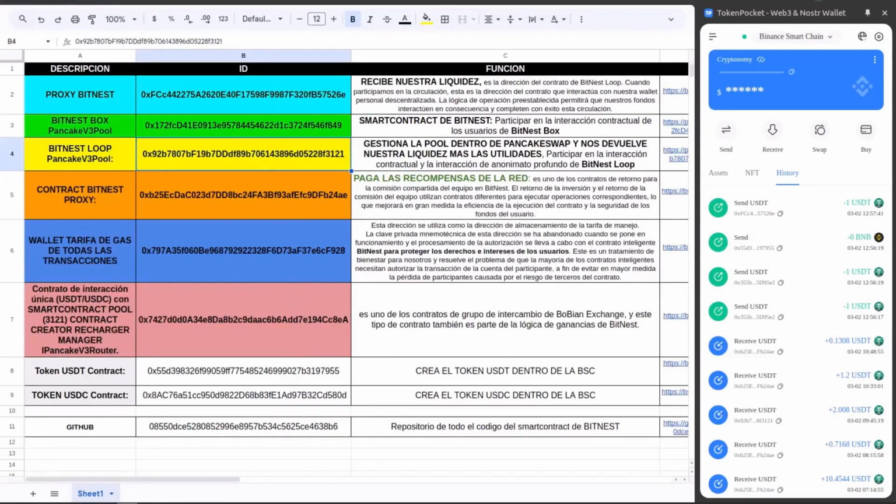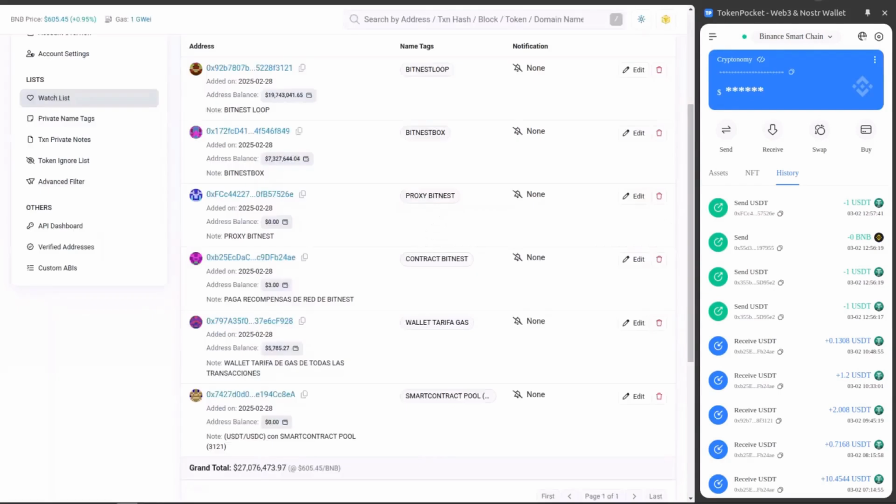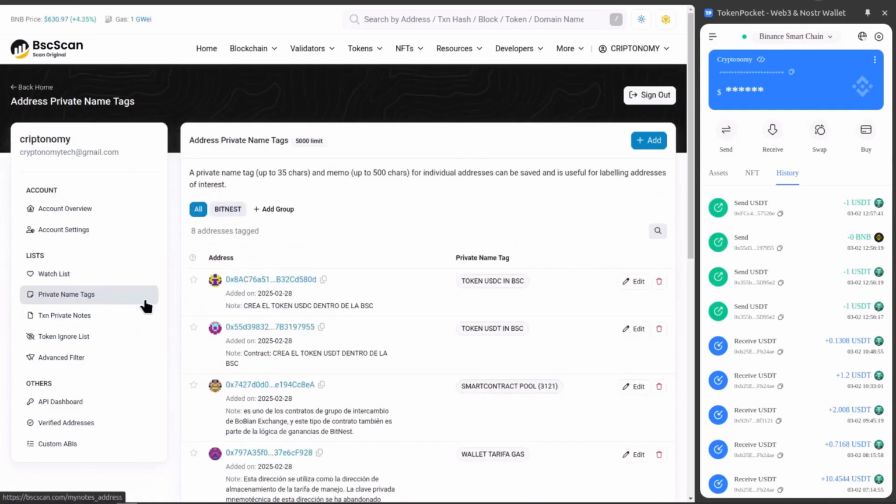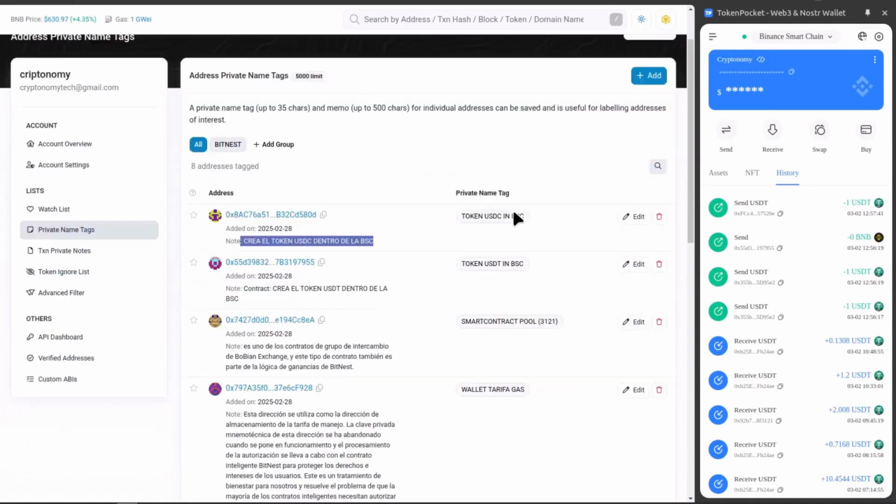So now look at how interesting this is. Using the same Binance Smart Chain block explorer, you can create something called tags. Here I can add something called private name tags, which basically means assigning a name and a note to a wallet so I can identify it. That way, when I use it in bulk, I can understand what interaction I have with each wallet and each contract. So here I took on the task of adding them to Binance Smart Chain, each one with its tag,